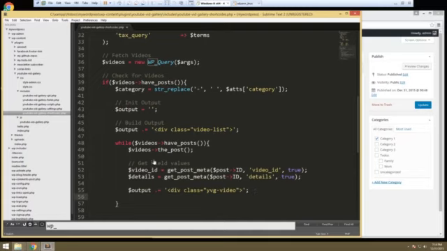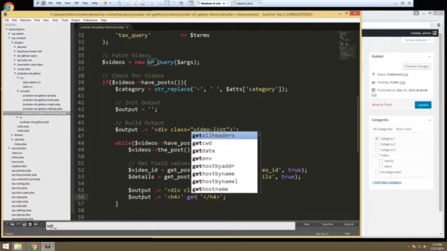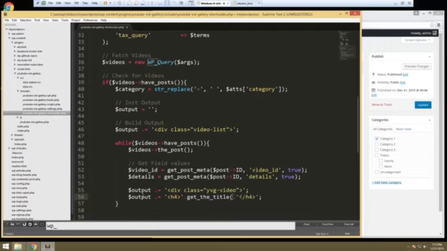We're going to need a title. So for that, we're going to append an H4. All right, and then to get that, we can just concatenate here, and we can just say get the title. All right, and then after that, what we're going to do is add the embed code. Okay, so output,